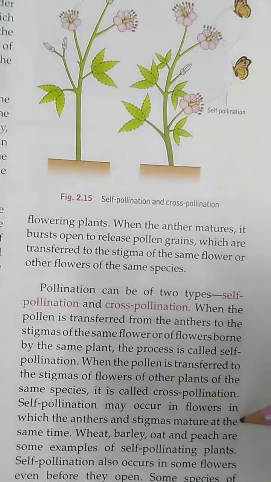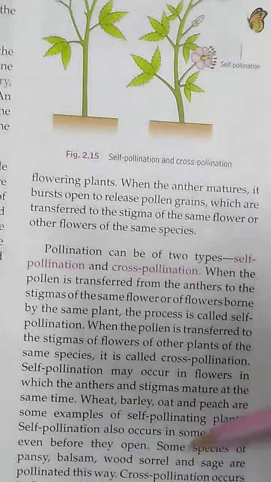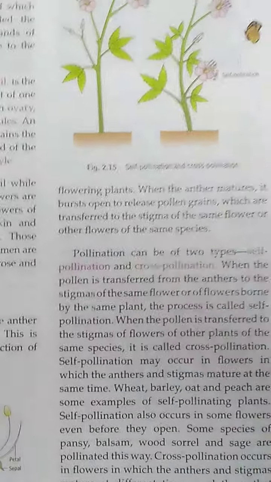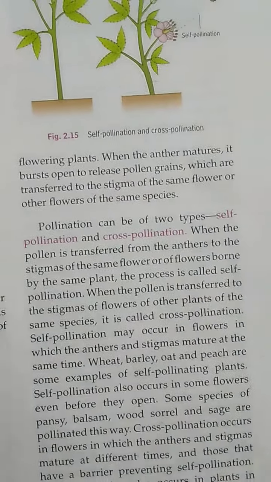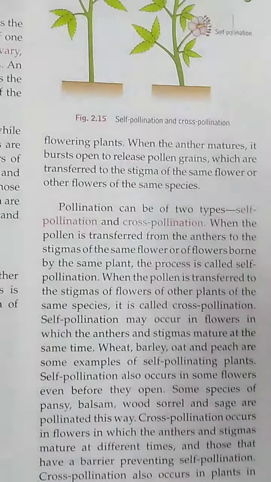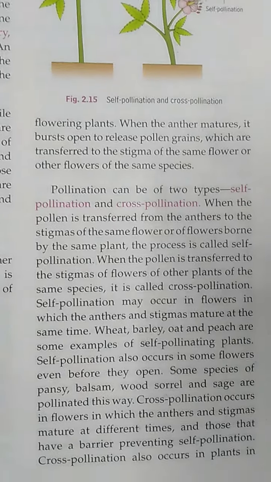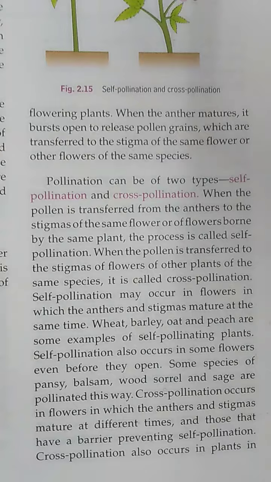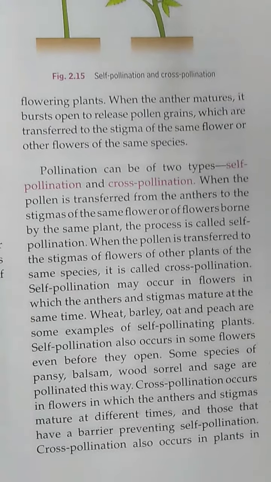Examples of these plants are wheat, barley, oat and peach. Now self-pollination occurs in some flowers even before they open, means before the opening of the flowers, self-pollination occurs within the flower. Some species where self-pollination occurs before the opening of the flower are pansy, balsam,